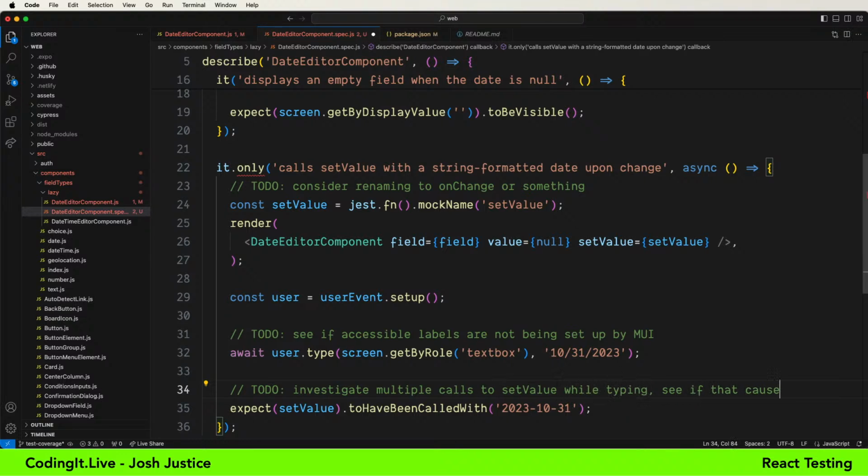see if that causes issues while typing. Yeah, so the realism of user-event is actually showing gradual keyboard input, and some of those values along the way are not valid values. So there might be an edge case there that I'm not handling. I'll look into that. We'll see. Maybe I'll feel like doing that on the stream, or maybe I'll do it another time, but I'm going to capture it as a to-do.